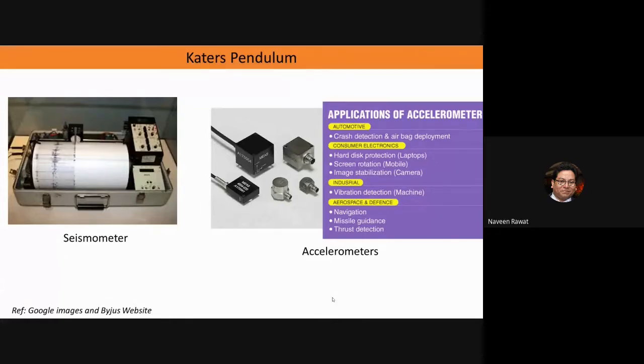For example, in the automotive sector, where you have crash detection and airbag deployment. So these sensors basically are looking at changes in your forces or changes in the acceleration that an object is experiencing. And so accurate measurement of the acceleration due to gravity in the local area wherever you're using it is very important. As you can see, there are other applications as well in the aerospace sector for navigation, and for how much thrust you're giving to your satellite that is being launched.